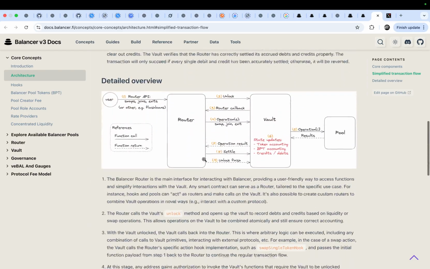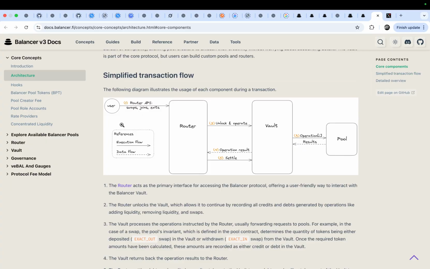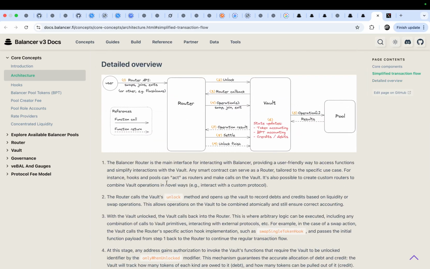Okay, the detailed overview. Step one is the same as the simplified transaction flow, and the hook means a kind of plugin. That means you can add some other operations in step 4, and any smart contract can serve as a router.